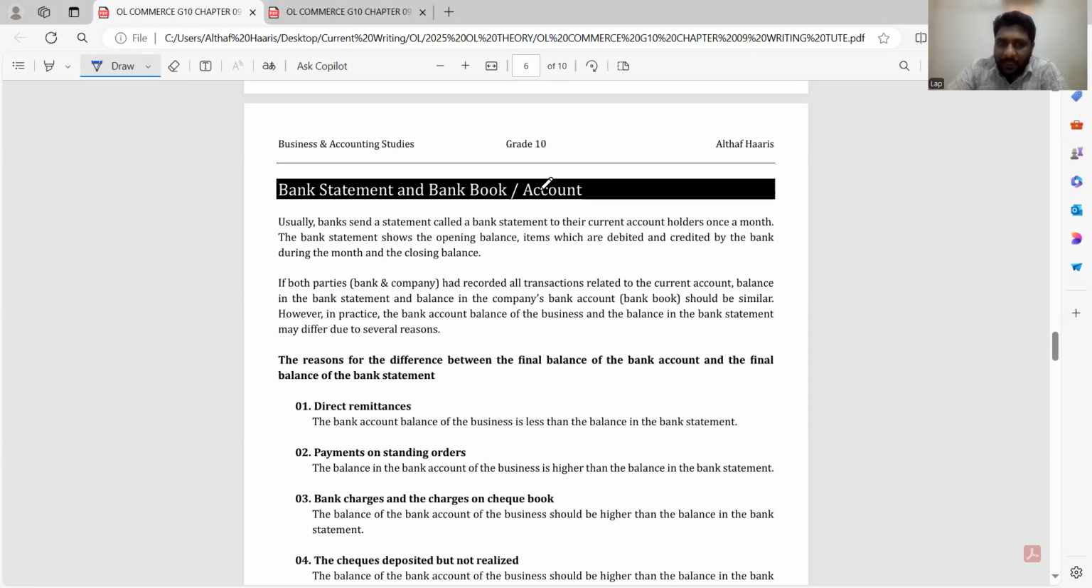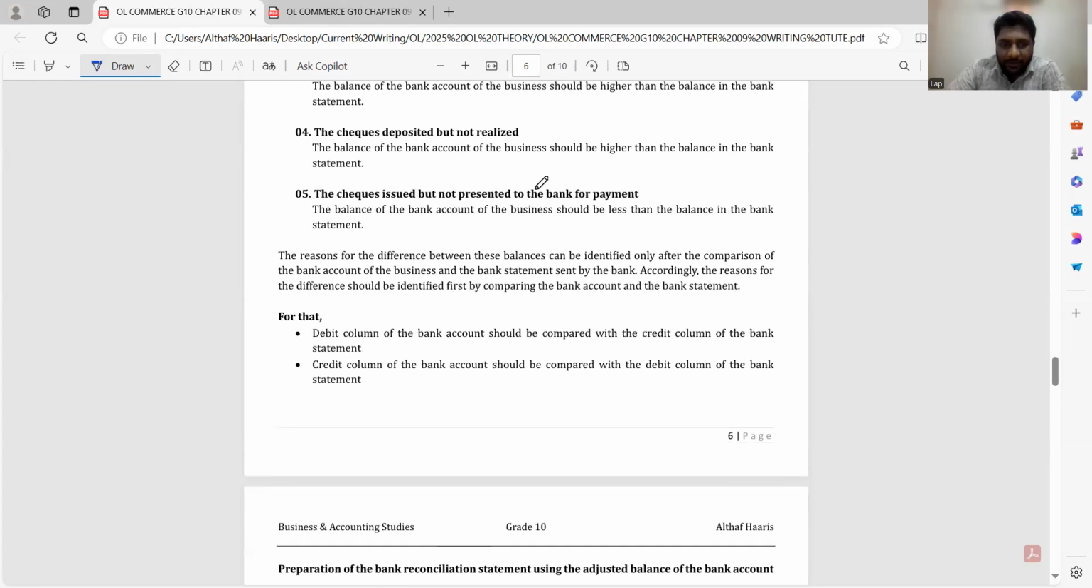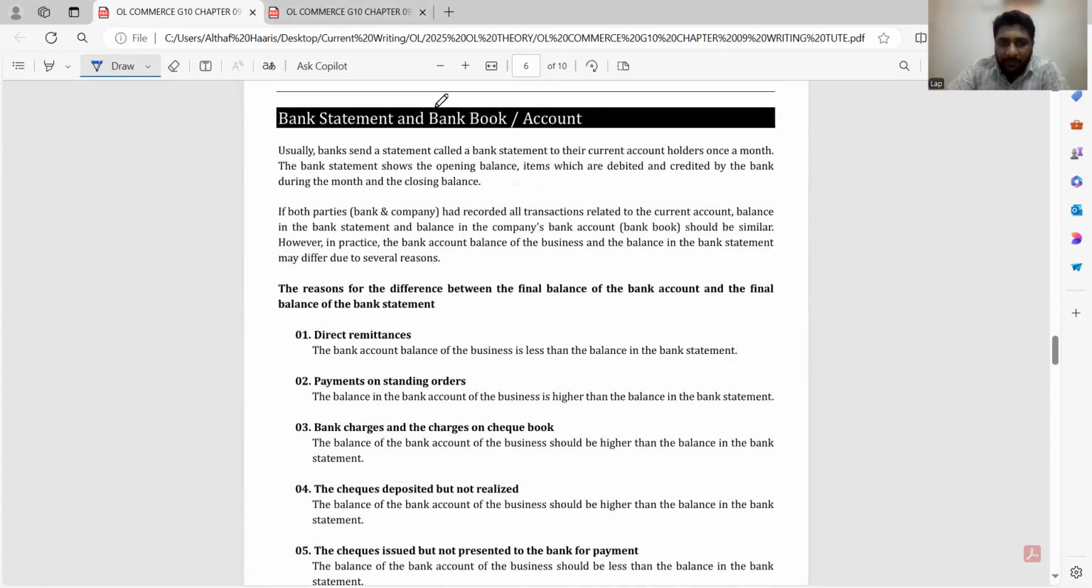So today we have to do the bank account and bank reconciliation. Let me give you a brief idea of what we are going to study today. It's a very simple concept, but a lot of people complicate it because they don't have proper knowledge of it. They don't try to understand, they try to memorize the things. So we'll assume